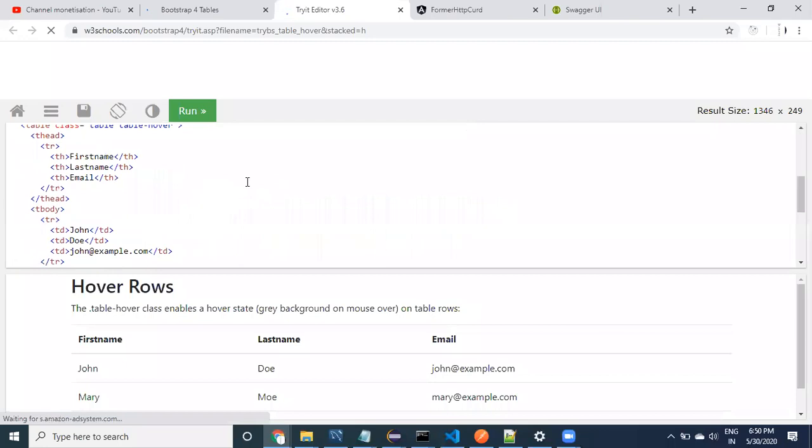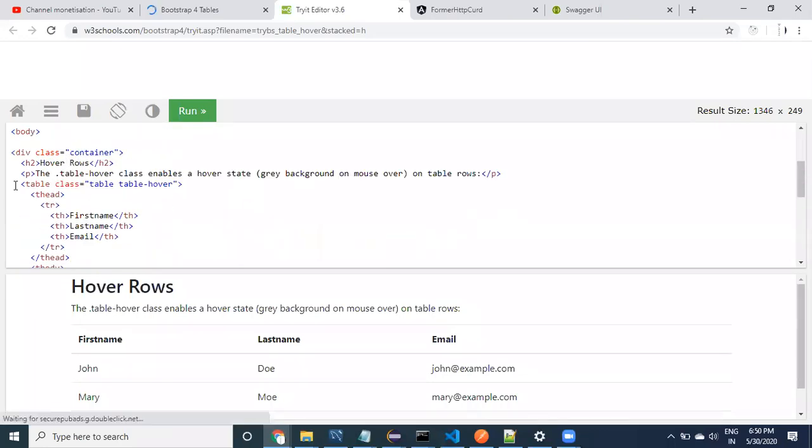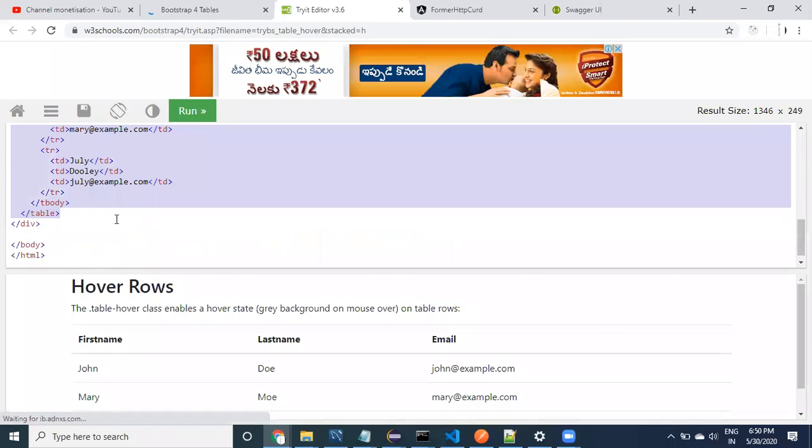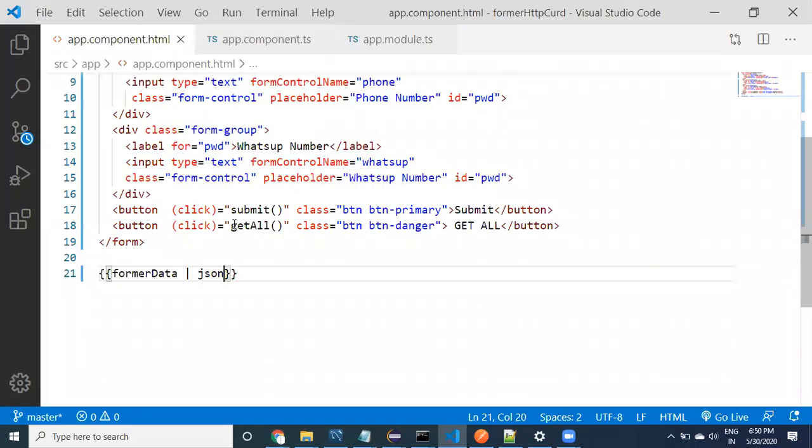What is the code for this? Let's try it out, and straightforwardly I'm going to copy the table. See here, guys, I'm going to copy. Otherwise you can go wherever you want, guys. Whichever table you like, or if you have created your own table previously, you can use that table. It's also not a problem.